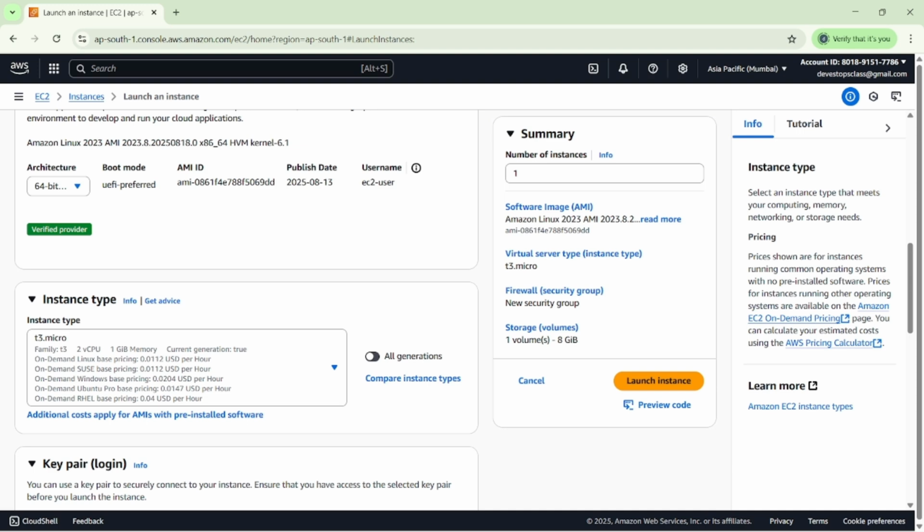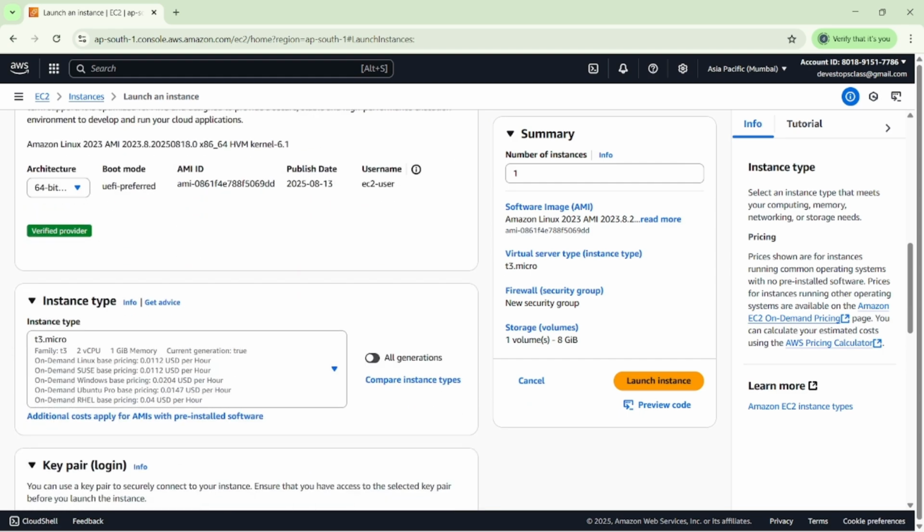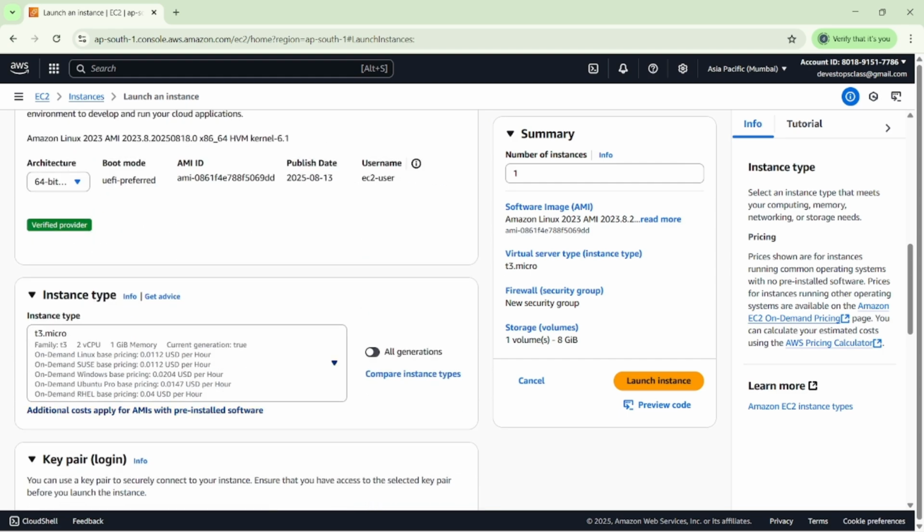Suppose I want a high memory capacity configuration instance type, then we have to go with memory optimized. Suppose my requirement is high performance local storage using NVMe SSD and SSD services configuration, then we have to go with the I series, D series. These are the things we have in the instance types here. Whenever we talk about the configuration,